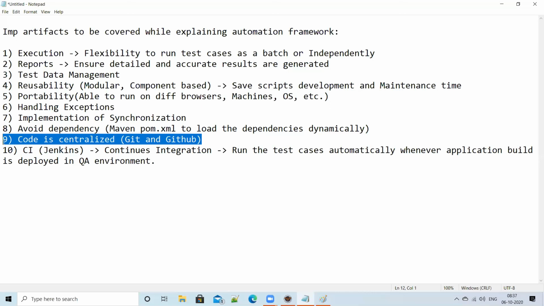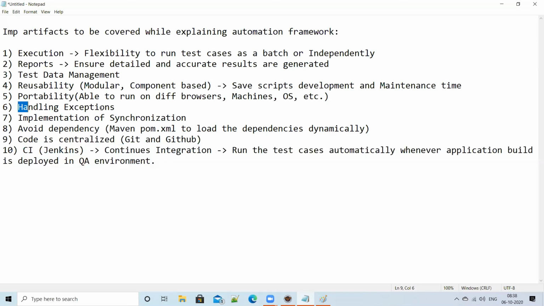And anyway, when 3-4 team members are working as a team, one member is automating some particular screen pages, another team member is automating some other screen pages, and you are automating some module test cases like that. So you are working as a team, and we should have that coordination. So how is it possible? That is possible if you maintain the code in a centralized repository. So that is another most important thing which you can highlight. That's how, guys, you can highlight each and everything.